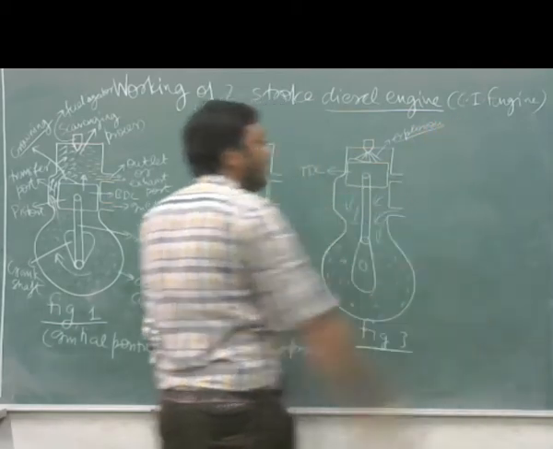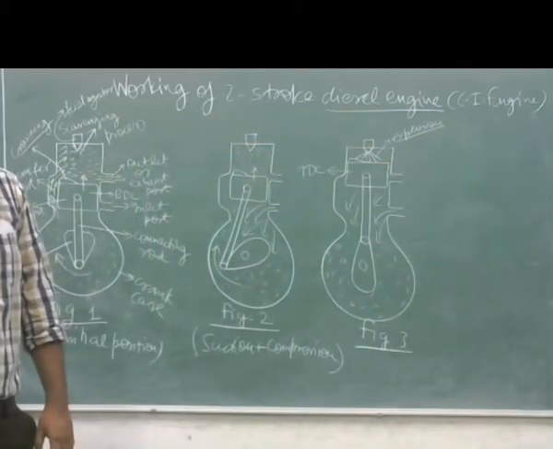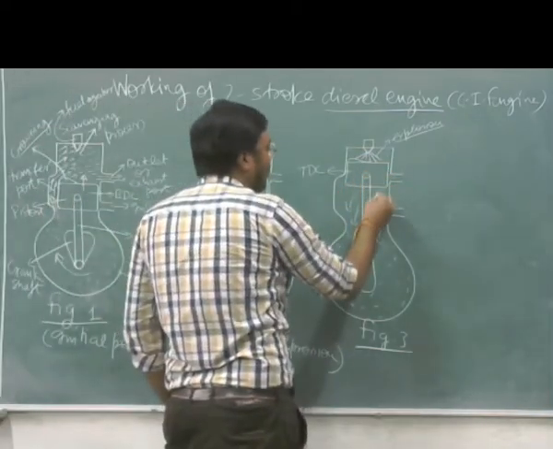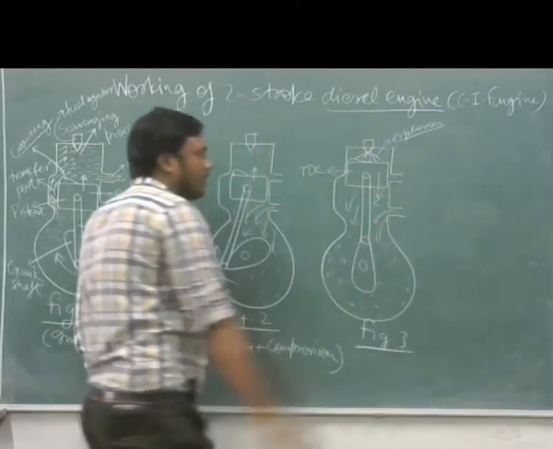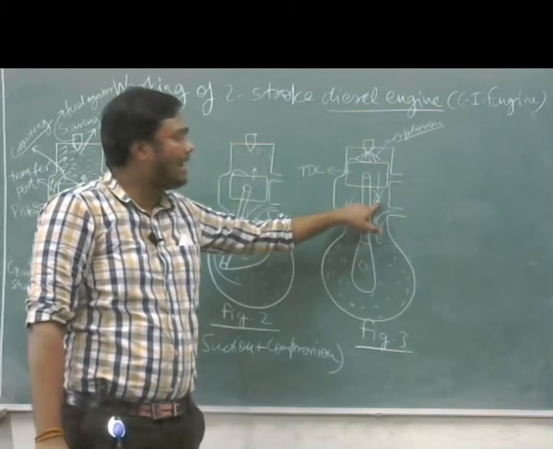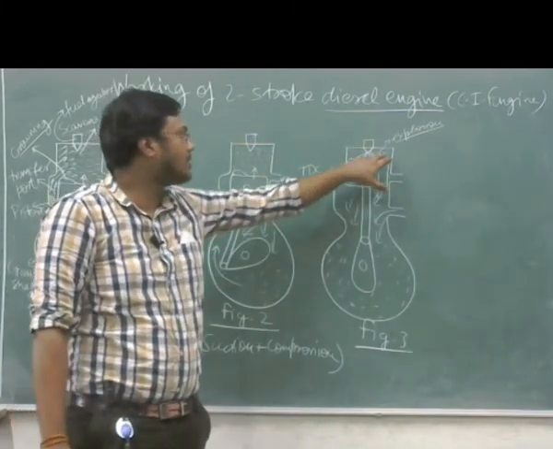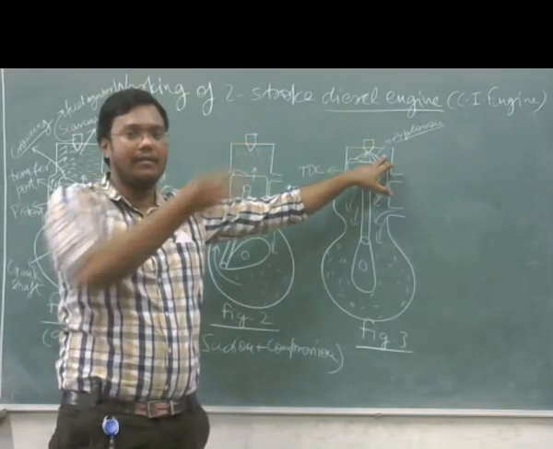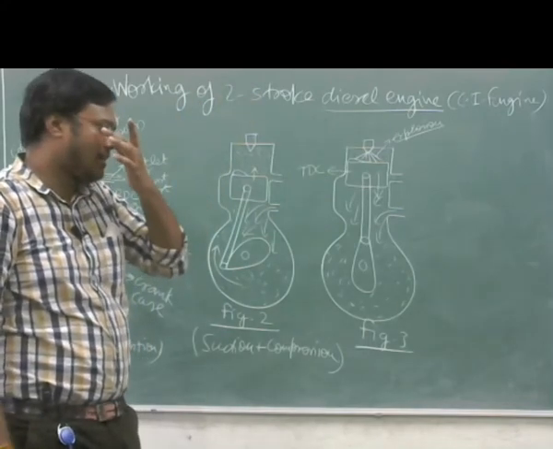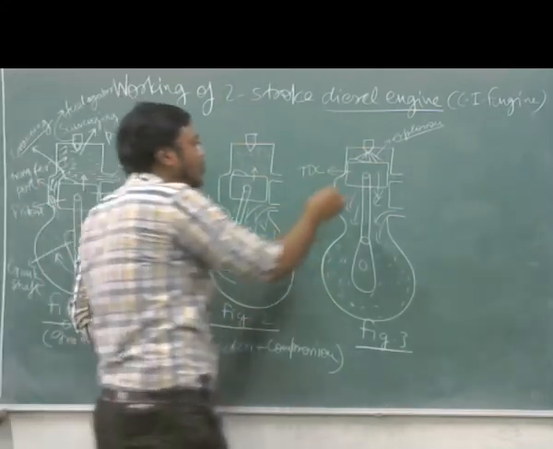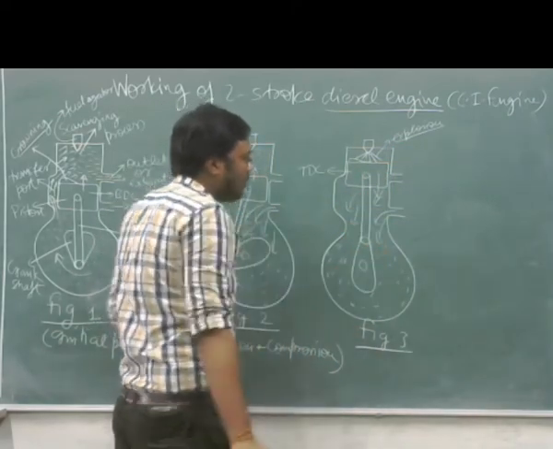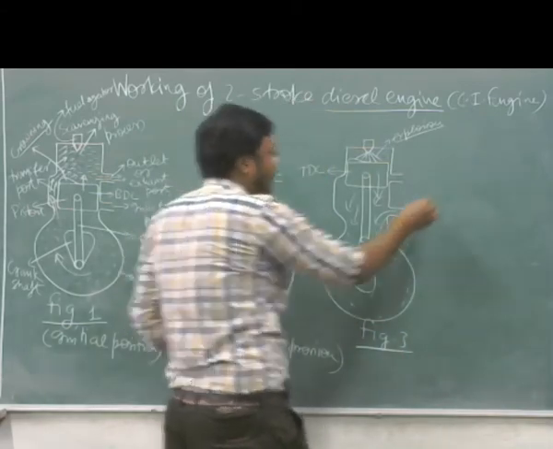Due to this explosion, a lot of energy is produced, a very high pressure is produced, and this high pressure forces the piston to move in the downward direction. Now this piston will move downward by itself, by the work of this combustion process. We are not giving the work here; we are getting the work here. I have explained this earlier in the previous class. So due to this expansion, this piston will move in the downward direction. In the next diagram I am showing that.